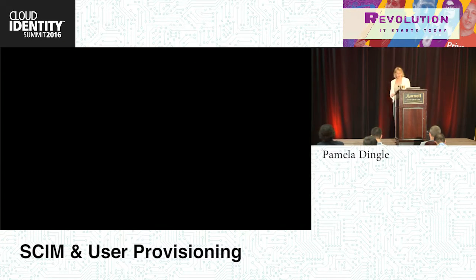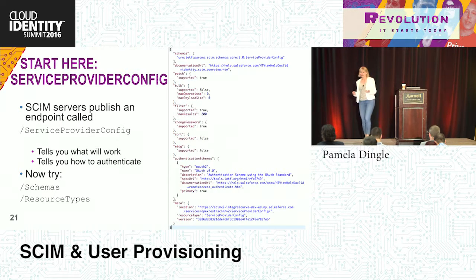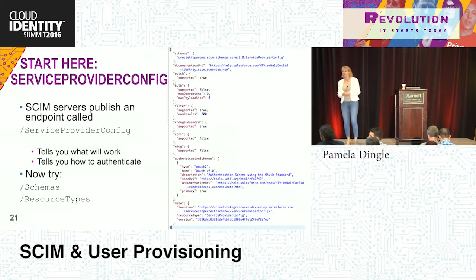All right, so you should be able to inspect that. What you're going to see is things like: are bulk operations supported? Can you make filter statements, like filter for everyone who has a certain title? Can you change the password, right? This is all the stuff you need to know if you're going to try to do complex things with SCIM. The other thing it does is talk about authentication schemes. You can see here that the authentication scheme is OAuth 2, and what OAuth 2 means is it's a bearer client credential. That sets you down the path of knowing what to do next. The other cool thing about the SCIM spec for the schema is there's a documentation URL.